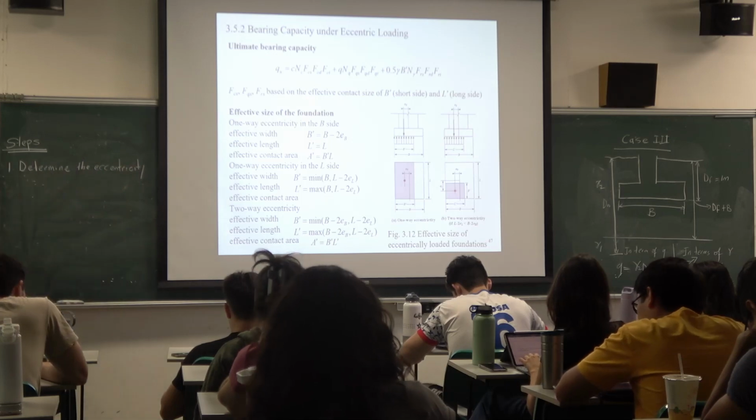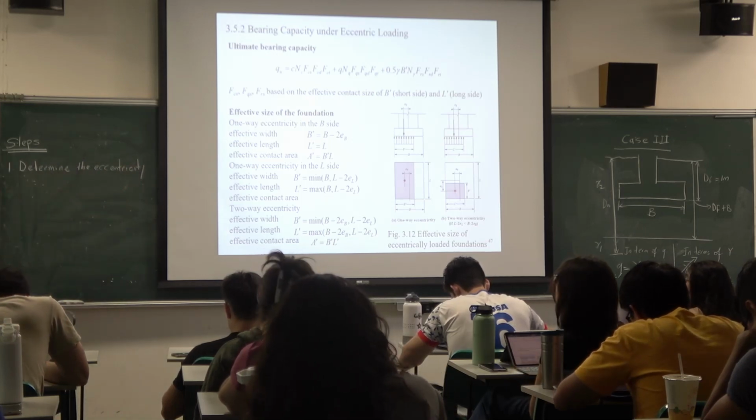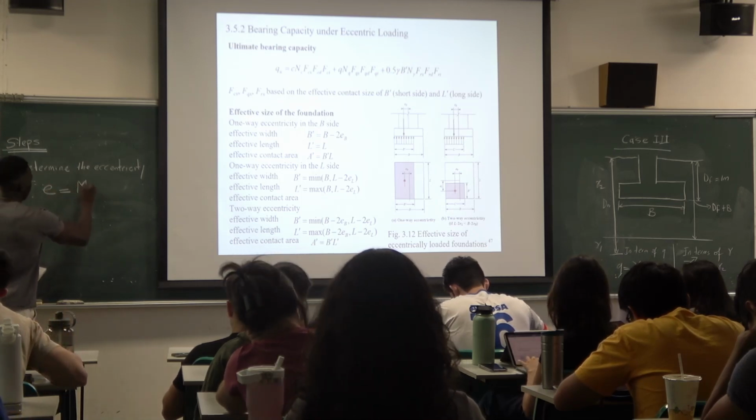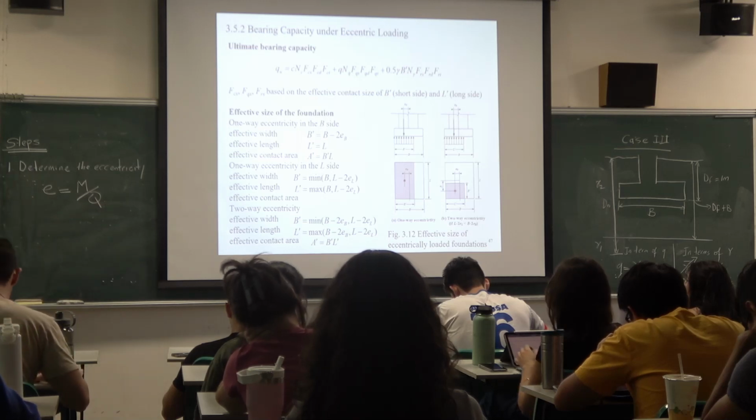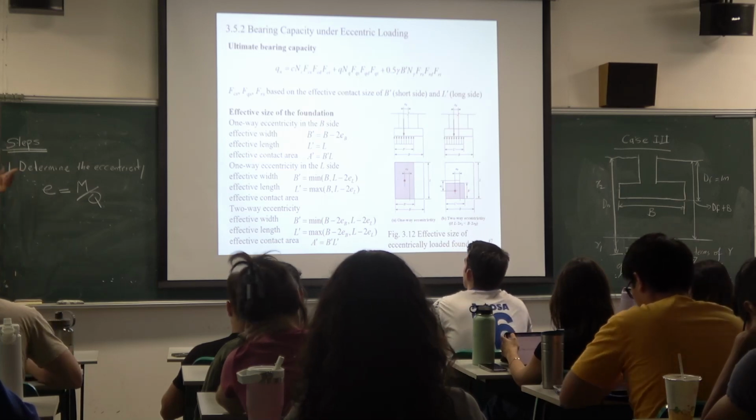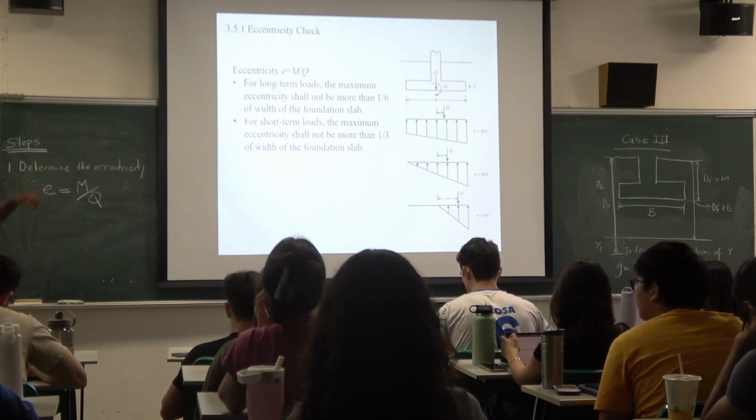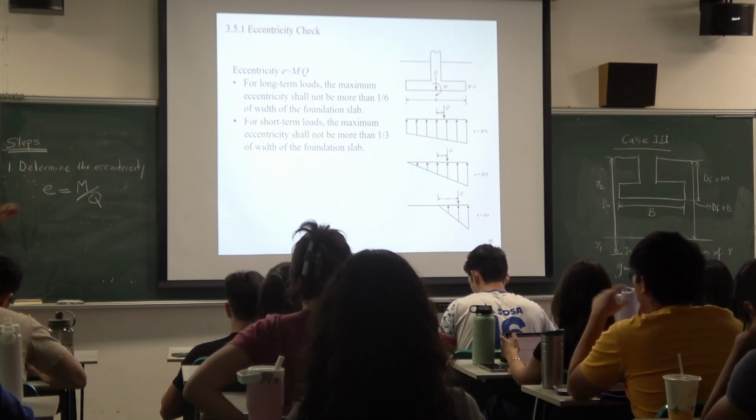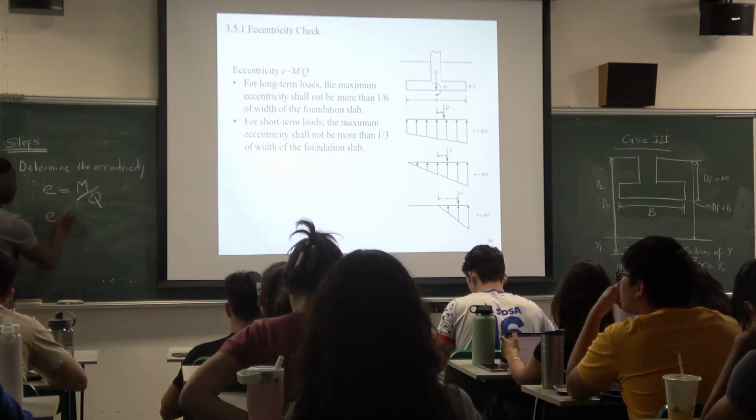Step number 1 is that you have to determine the eccentricity. So that will be e equal to M over Q. That's the formulation, where M is the moment acting on your foundation, and Q is the loading. And then ideally you want your e to be less than or equal